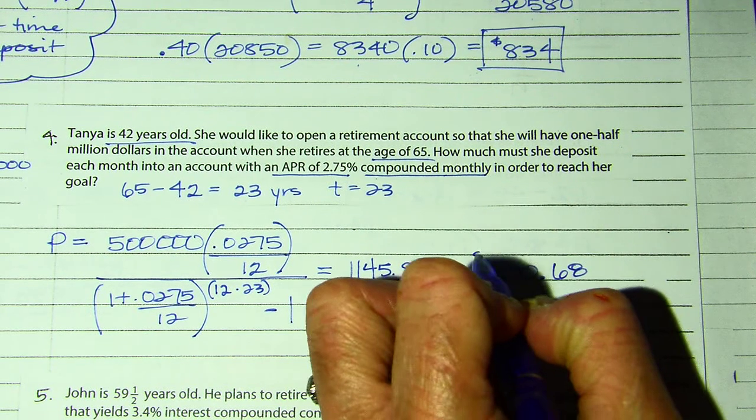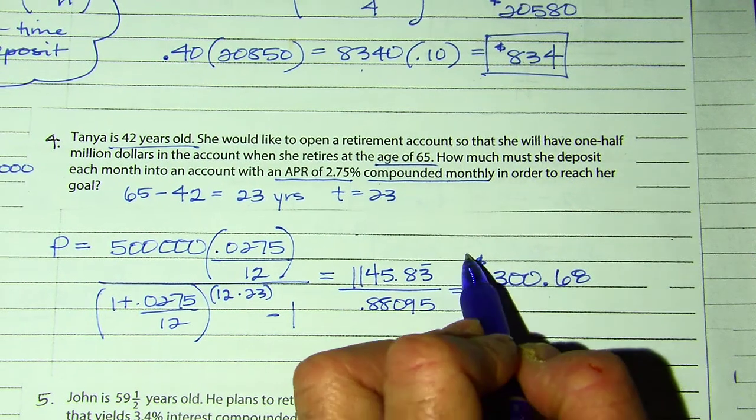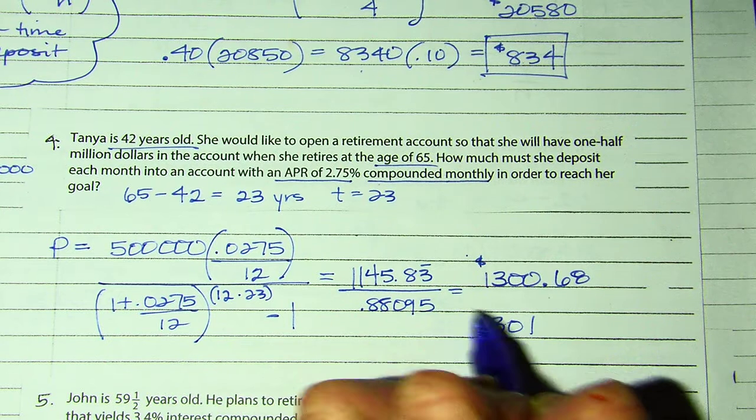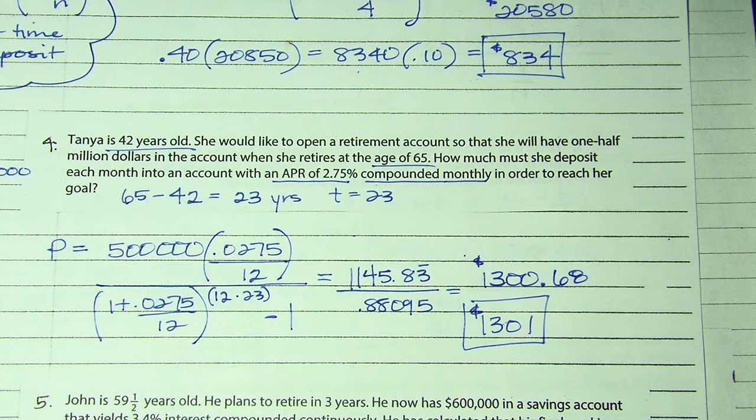$1,300.68. So about $13.01 if you round to the nearest dollar. All right, moving on